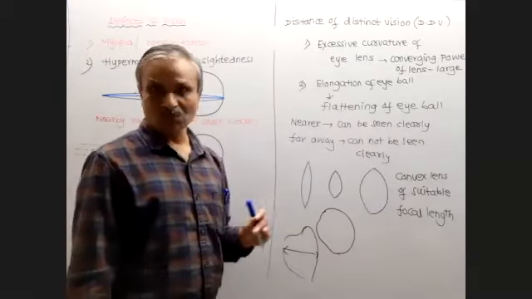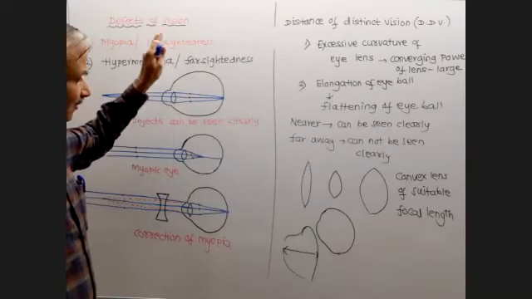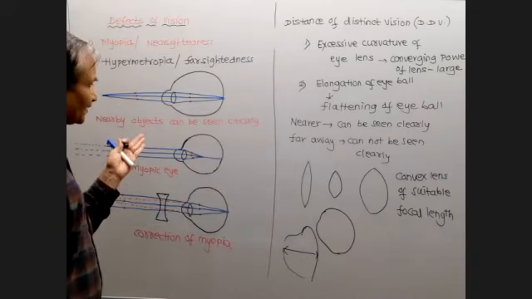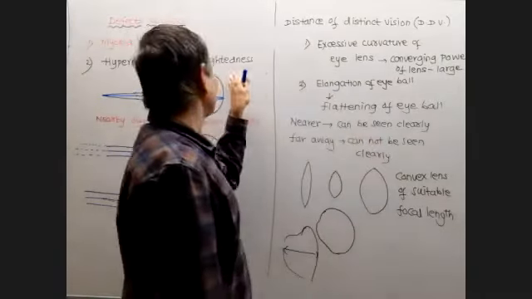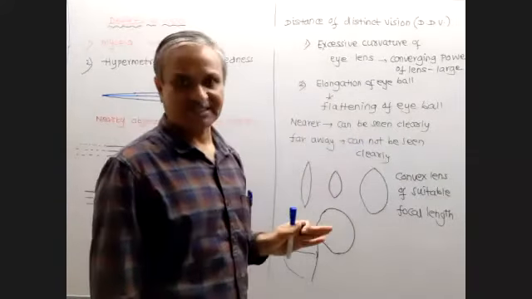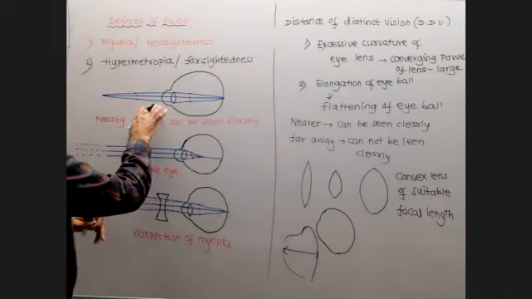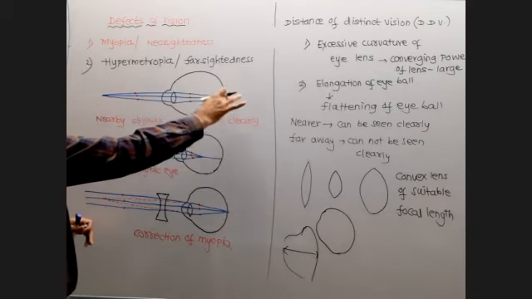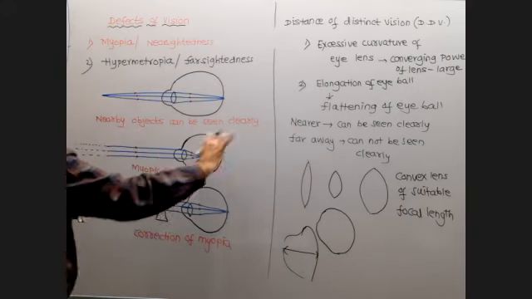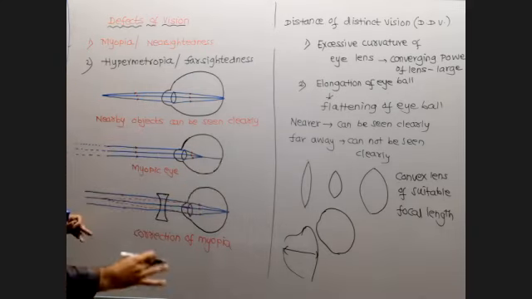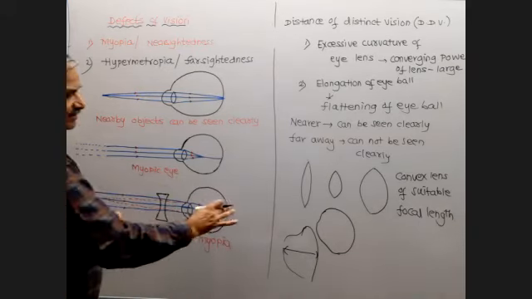Is it okay? Whatever I told you regarding myopia and nearsightedness, you should do it perfectly and make exactly the opposite of almost every sentence. So it will be for hypermetropia or farsightedness, including the diagram. The diagram for the normal eye: the rays which come from infinity will fall on the retina. Secondly, the rays which come from the near point will fall behind the retina. So instead of a concave lens, you should say a convex lens. So that is why the rays will fall on the retina.